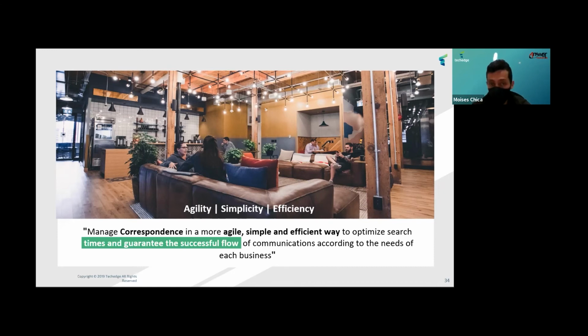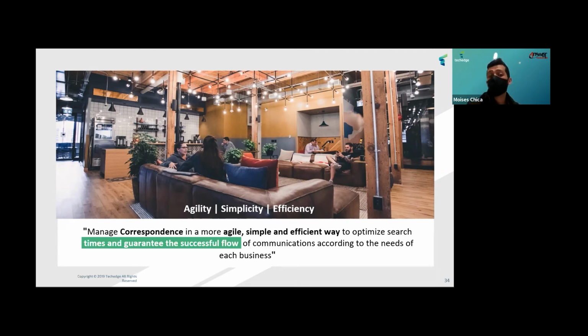Because we all want to close these flows. We, as managers of the correspondence process, want that not to be noticed. Let's say, the less we are noticed, the more efficient our system is. Because when we are spotlighted, it might be because something got lost or some problem is going on. So we want it to be simple and efficient, just smooth.